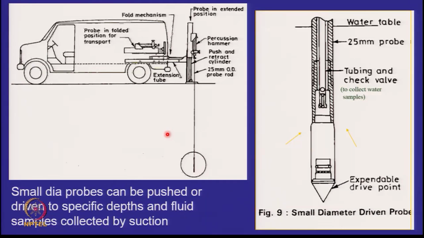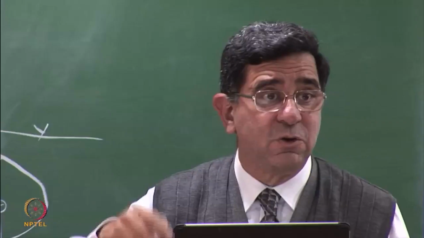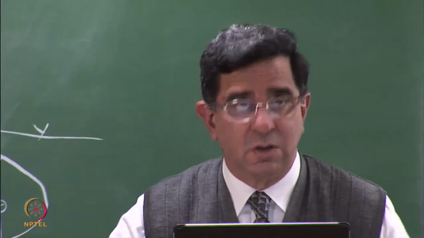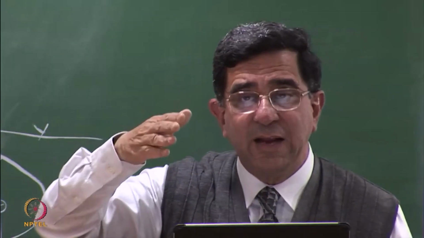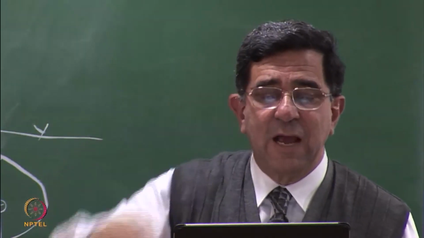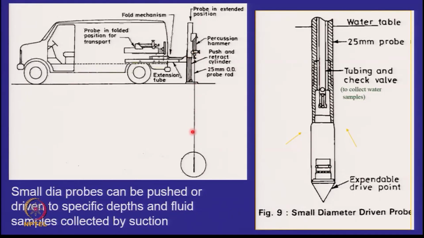This is not a sophisticated device. This is just a 1-inch diameter drill rod which is hollow from inside and it is inserted into the ground with a percussion hammer. What is the percussion hammer? The same hammer by which you also do demolition. It goes up and down, up and down. It's pneumatically actuated. So this percussion hammer is able to send this rod down into the ground by a few meters,